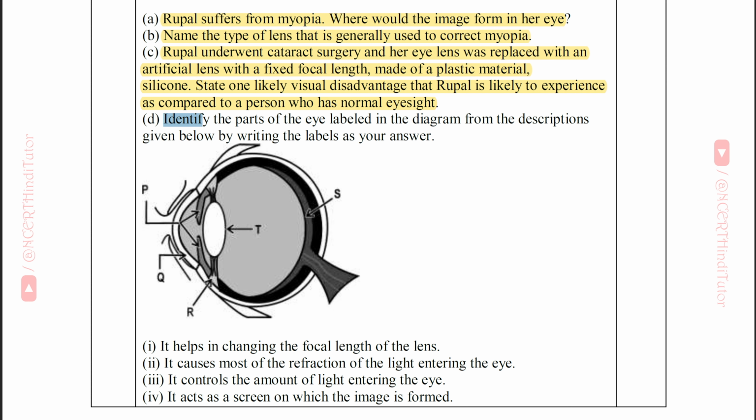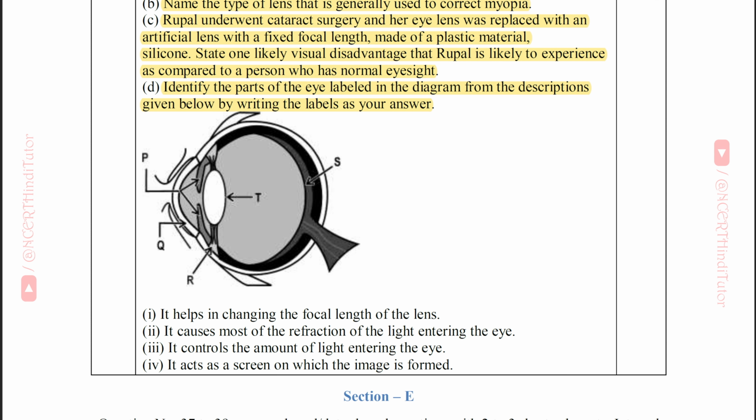D. Identify the parts of the eye labeled in the diagram from the descriptions given below by writing the labels as your answer. P, Q, R, S, T. Answer is: first, it helps in changing the focal length of the lens. Answer R. It causes most of the refraction of the light entering the eye. Answer Q. It controls the amount of light entering the eye. Answer P. It acts as a screen on which the image is formed. Answer